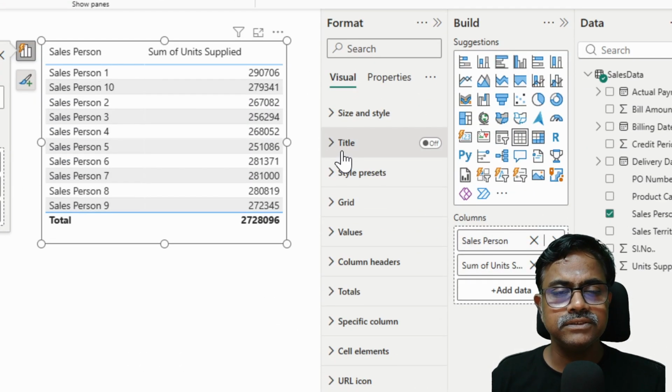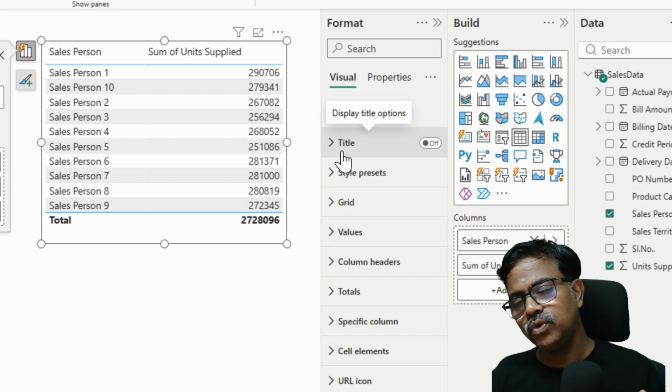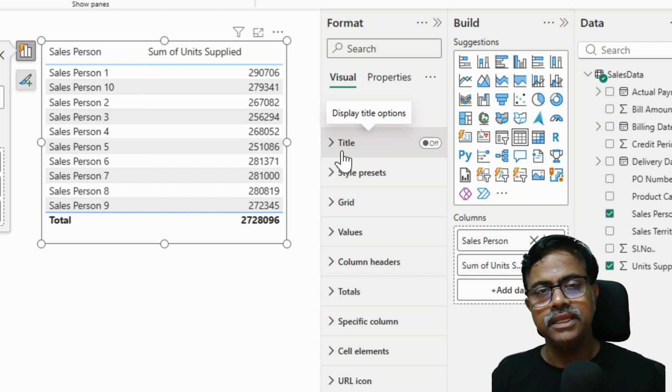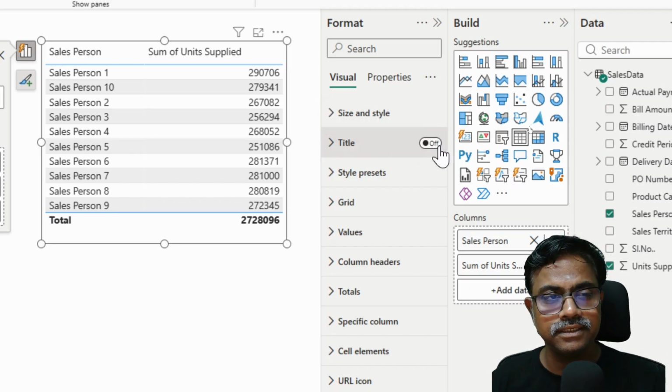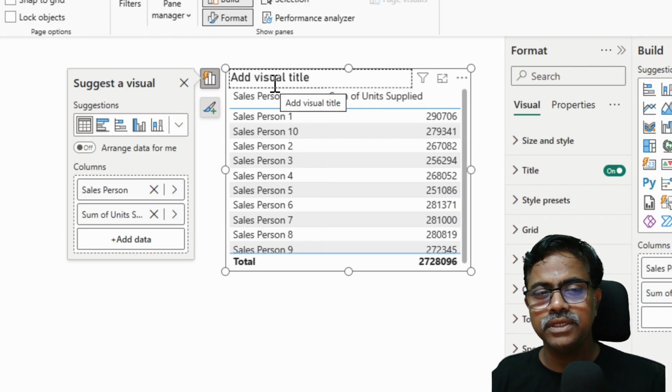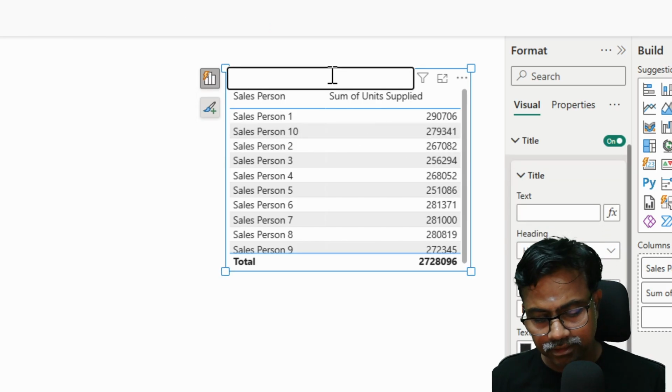Now watch closely here. Again, a couple of things are common here. We are going to see the same things we have seen already in the bar and column charts, line and area charts. Again here, we do have an option called title. I can turn it on and I can put my own title saying that this is salesperson wise the units sold. So I can just click inside and start typing